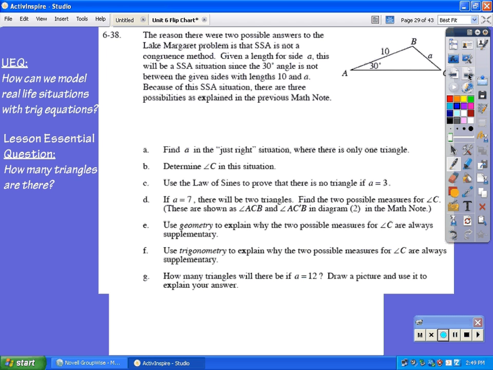The reason there were two possible answers to the Lake Margaret problem is that side-side-angle, why do they say that? Why don't they just say angle-side-side? Is not a congruence method. Given a length for side A, this will be a single side-side-angle situation. Since 30 degrees is not